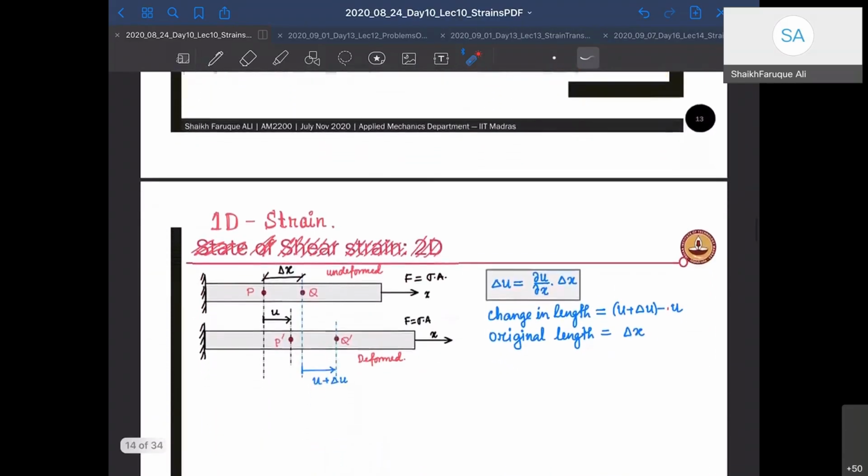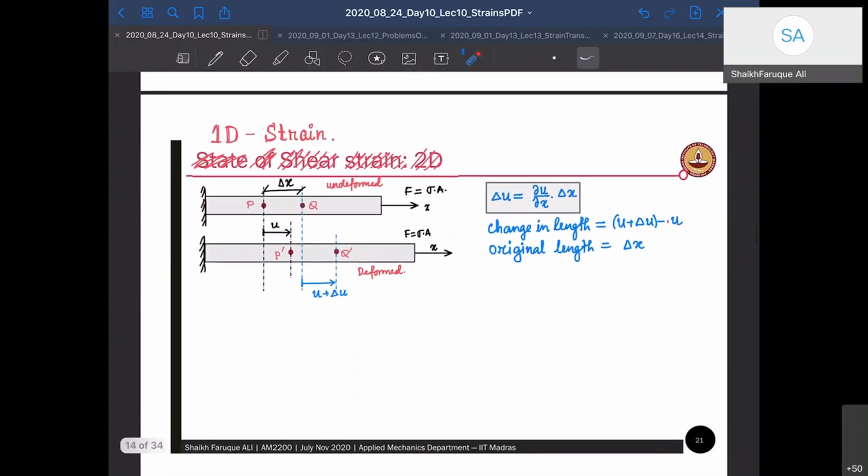Okay. So let's look at 1D. When we look at 1D, let's say I have a bar here. And the bar has two points, P and Q. These two points in the bar are a little bit apart, and the distance between them is given by delta x. So the distance between P and Q is delta x. Now the bar is given an axial force F,